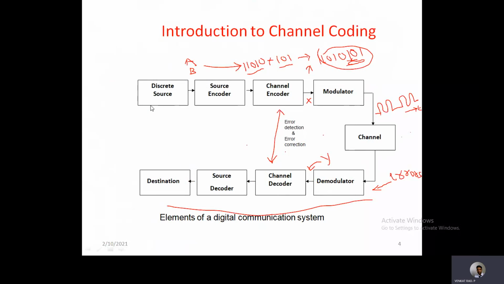Let us consider you are sending some message from your mobile phone to some other mobile phone at the destination.